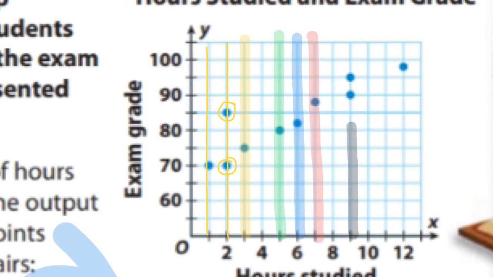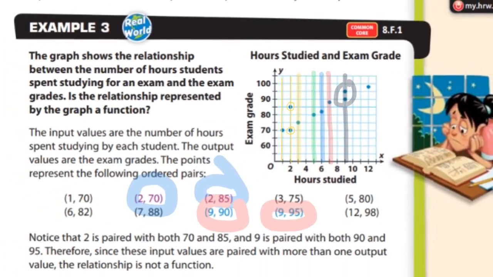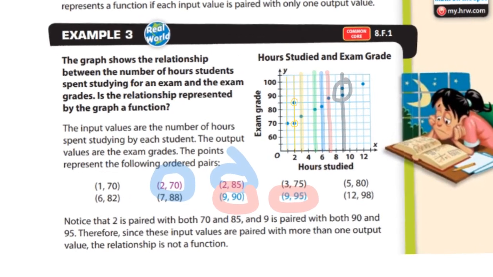However, if the answer is no, this is not going to be a function. Now, when they ask you for a reason, they don't want you to say that it failed the vertical line test, although that's what it did. It failed our test in 2 places, on the 2 and on the 9. They want you to say that the 2 is paired with